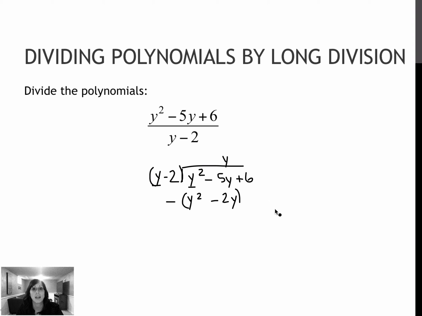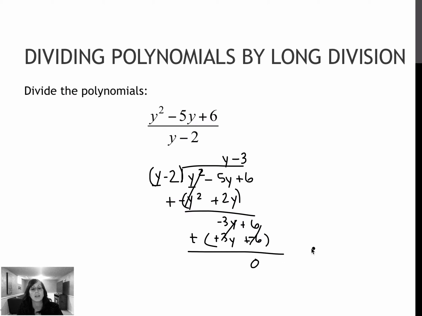I subtract those terms, so I'm going to ching. That's going to give me minus 3y and plus 6. Then I'm going to say y times what is minus 3y, so minus 3. Then I'm going to take negative 3 times both terms, which gives me negative 3y and plus 6. I'm going to subtract all of this, so that's going to ching, ching, ching, and then I'm going to combine, and on this one I don't have a remainder, and so this would give me y minus 2 and y